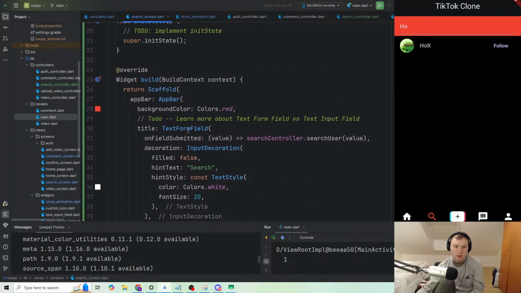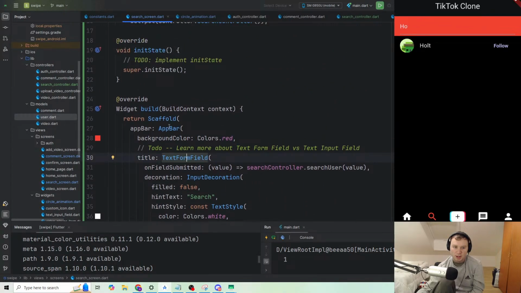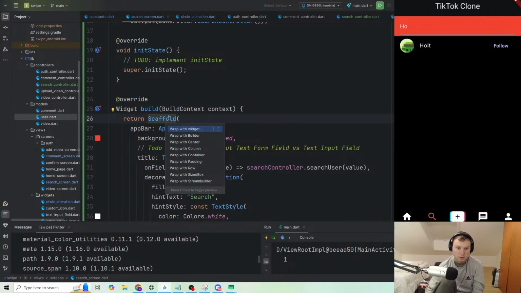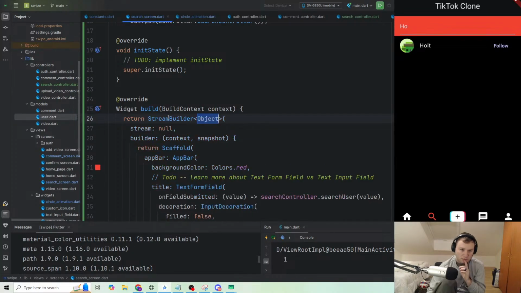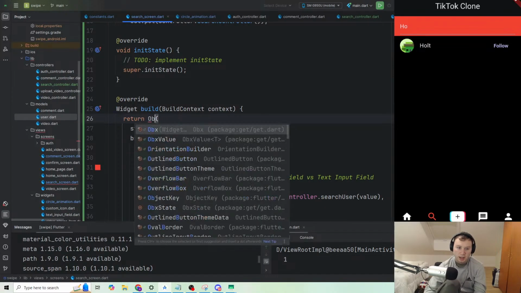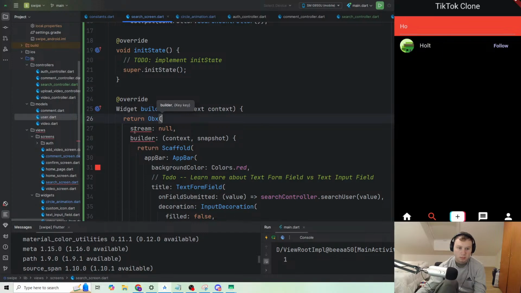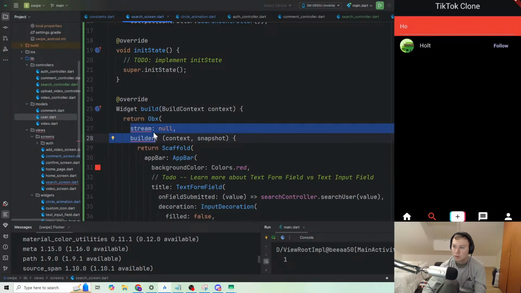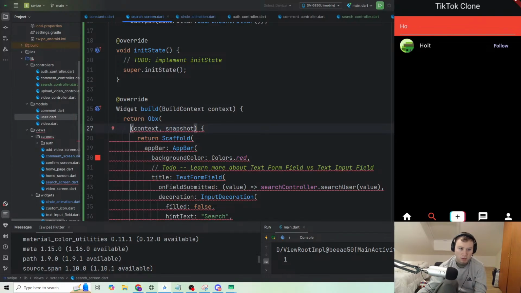And then what we're also going to want to do is wrap this entire scaffold in a stream builder. In OBX. And OBX has a